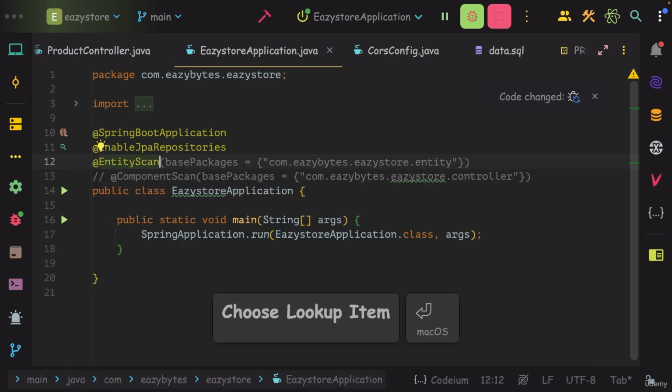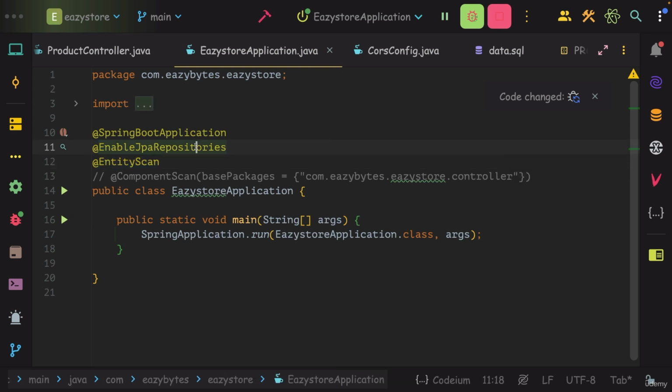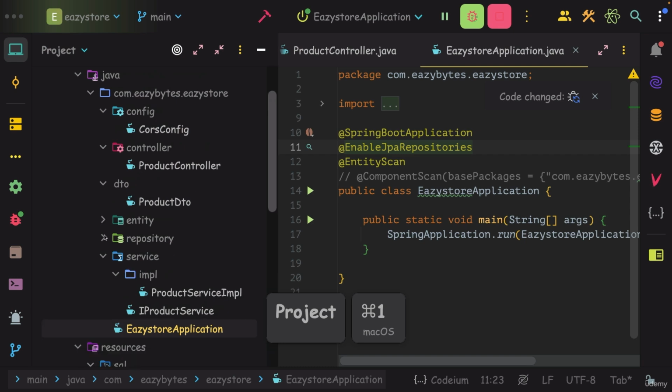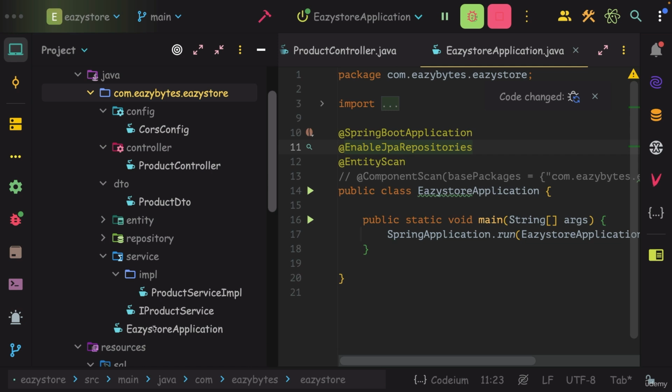To these two annotations, you need to mention the packages where you have defined all your entities and all your repository interfaces. But using these annotations and mentioning the package names is completely optional if you are maintaining the entity package and repository package under the main package where your Spring Boot main class is present. So my Spring Boot main class is present under the